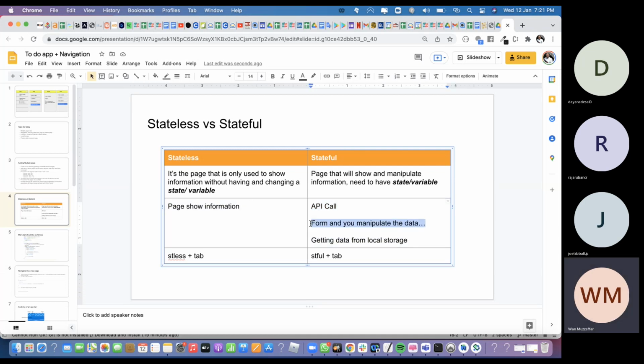That's the reason why the other day you had to use stateful for the BMI calculator, because of the slider. The slider is manipulating the data of weight and height. A slider is part of the form. So that's why you had to use stateful last time for that. And if a page is getting data from local storage, it's stateful as well. So in conclusion,